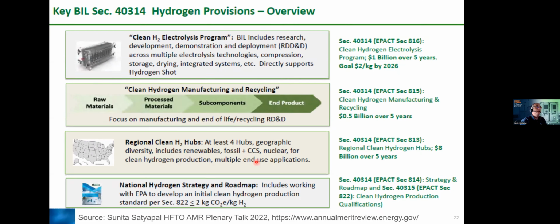There's the regional clean hydrogen hubs, and this is really to build up the infrastructure for clean hydrogen. And this is the one that people are most excited about. It's an $8 billion program, nominally over 5 years, though it'll probably run longer, about 7 to 8 years. They want to build at least 4 hubs, as stated in the law. Most likely you'll be somewhere between 7 and 10 hubs across the United States